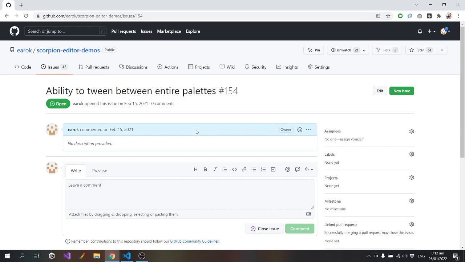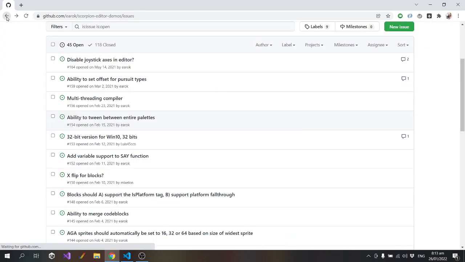So it's not just red or not red, but it tweens between them. So that's all perfectly doable. I just haven't gotten around to doing it yet.